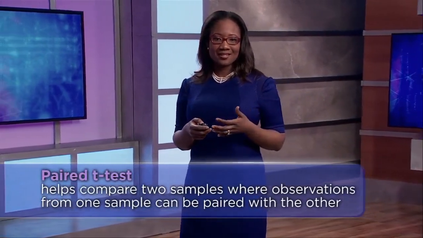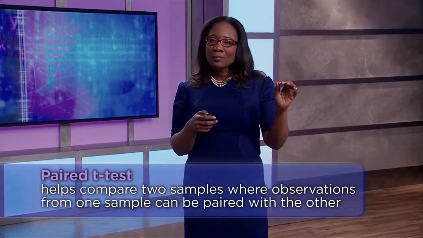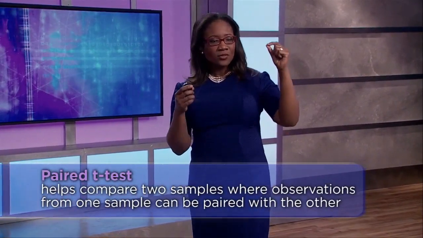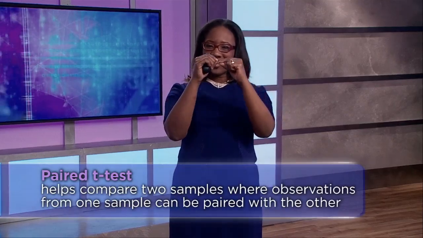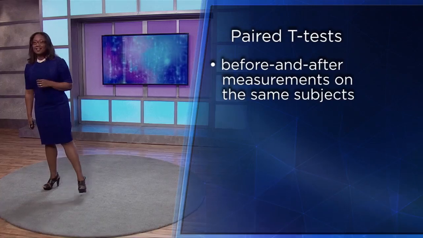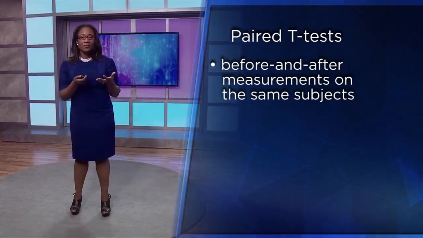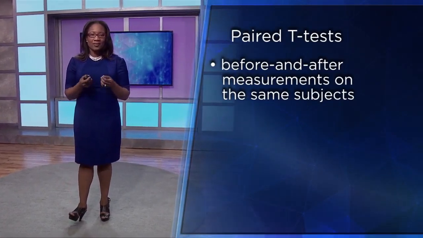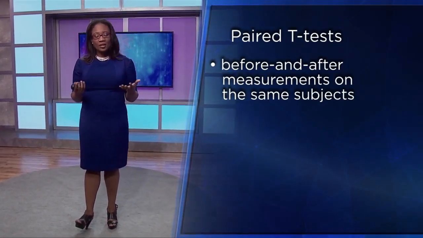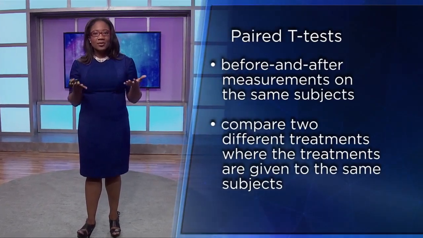Well, in this case, we use a paired t-test. A paired t-test helps us compare two samples where observations from one sample can be paired with the observations from the other sample. Now, we often do a paired t-test when we have before and after measurements on the same subject. We could also do it if, say, we were trying to compare two different treatments where the treatments are given